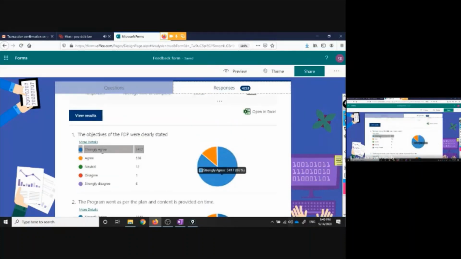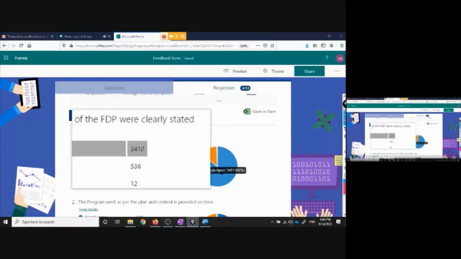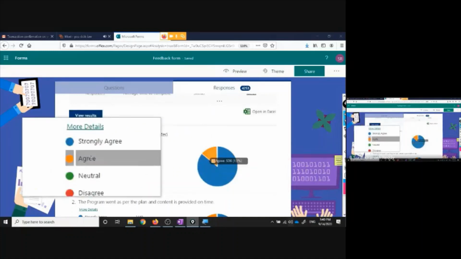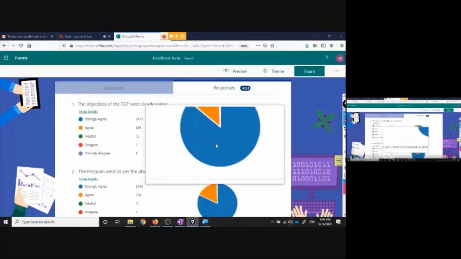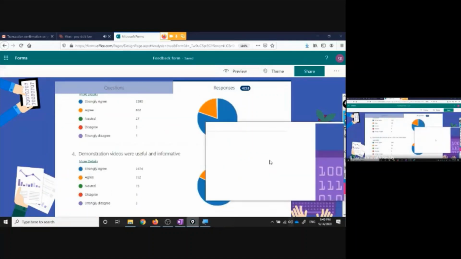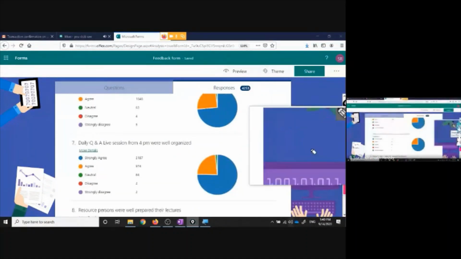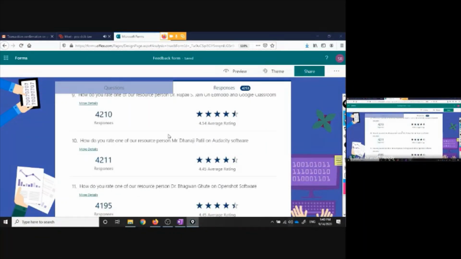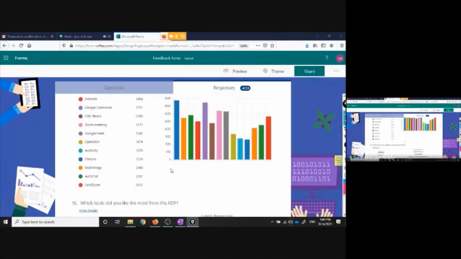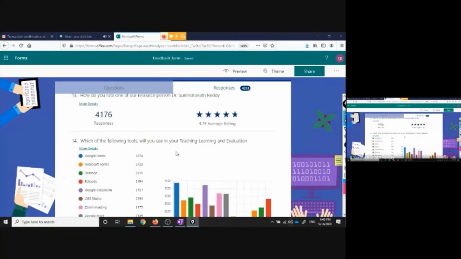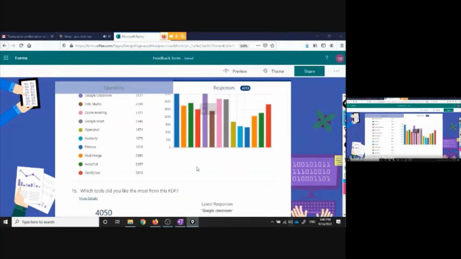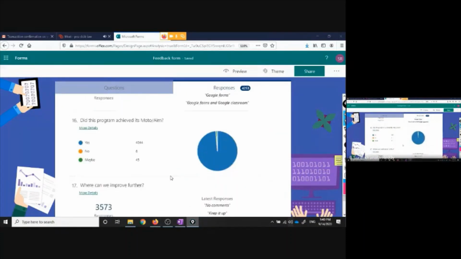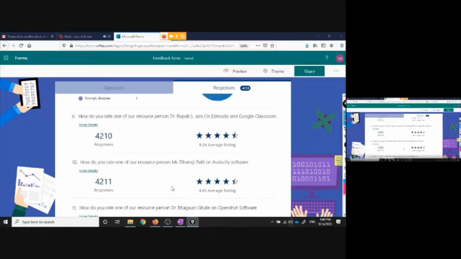That means for every question you have created, you can see how many people have responded to each option. Other than the graph, it also shows numbers here. That means it shows numerically as well as pictorially. Both it will show for each and every question, with different colors possible. For some rating questions I have set, and depending on which type of tool you use, you can see that it automatically changes the graph and selects one, right? This is there even in Google Forms.